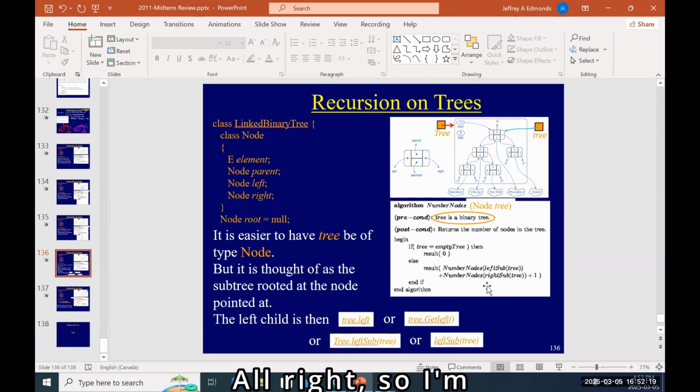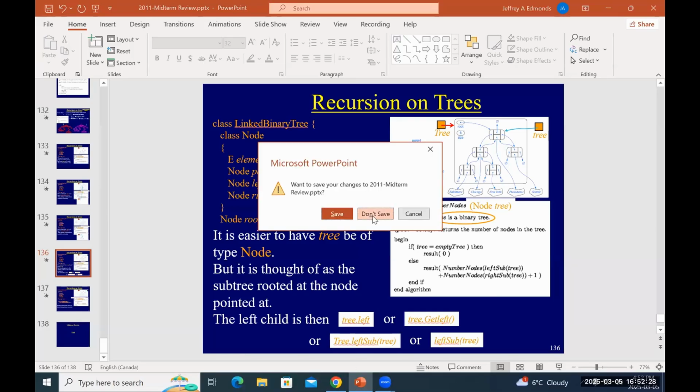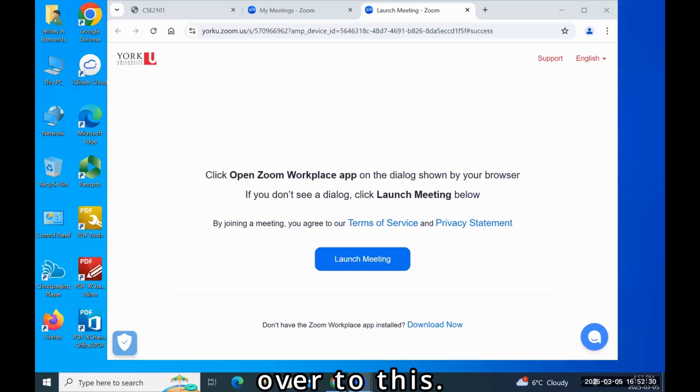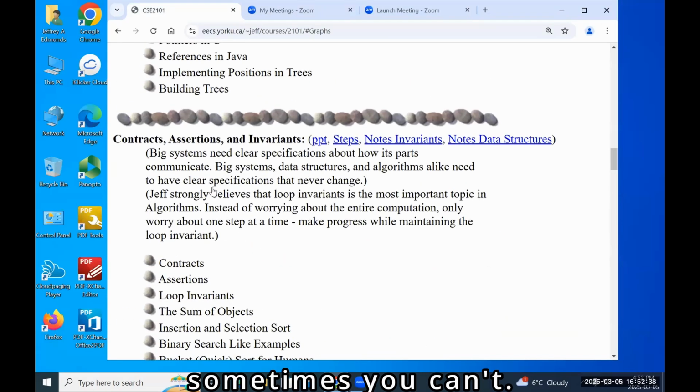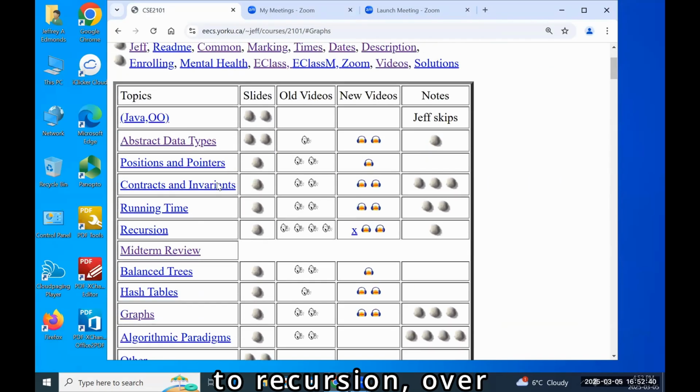All right, so I'm going to sit down and get rid of this, get rid of that, come over to this. I hate that thing. I don't know if you can see it. Sometimes you can, sometimes you can't. And we're going to recursion. We're coming over here to